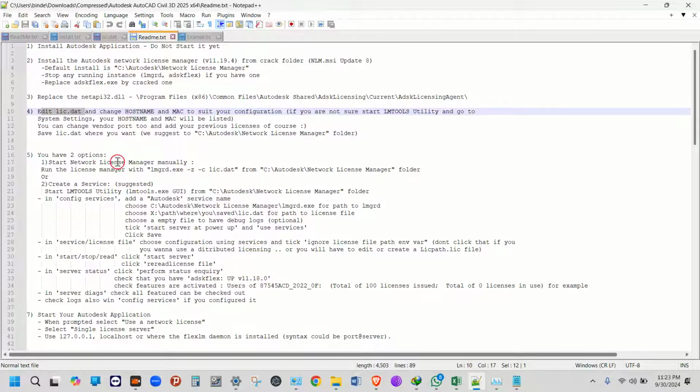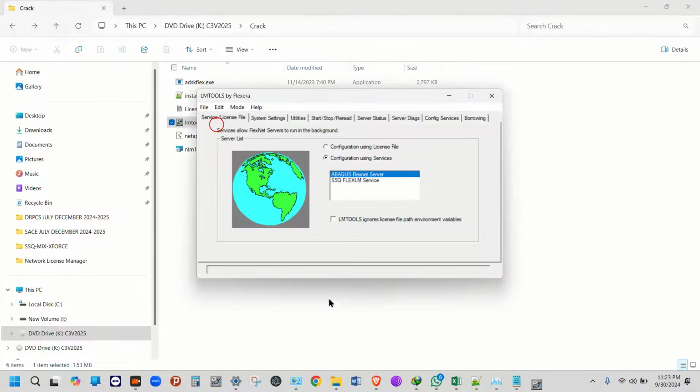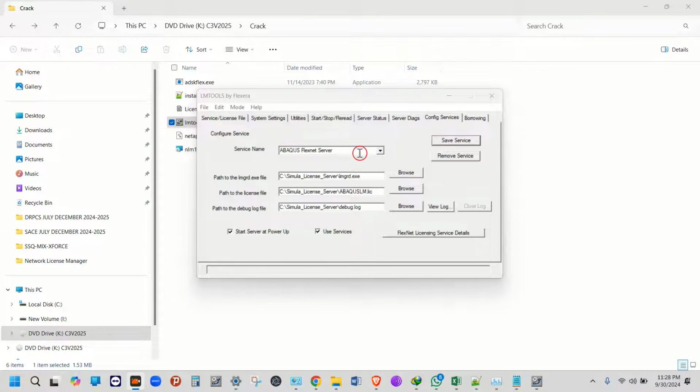Then in part 2, now start network license manager manually. Run the lm.exe with the license file. Either you can do it like this, or I will just close my existing LM tools and I'm gonna start this. So I have already installed LM guards. If you don't have, you'll be getting blank over here. So I already have, so I'll just name it as FLEX LM